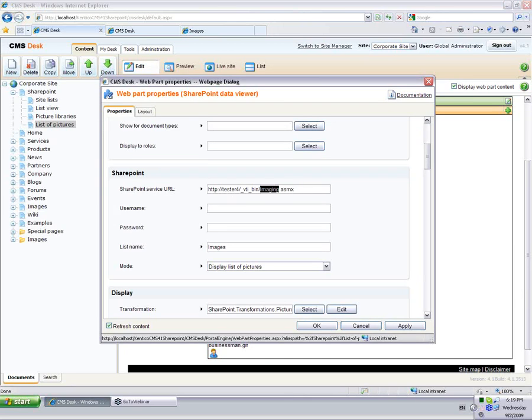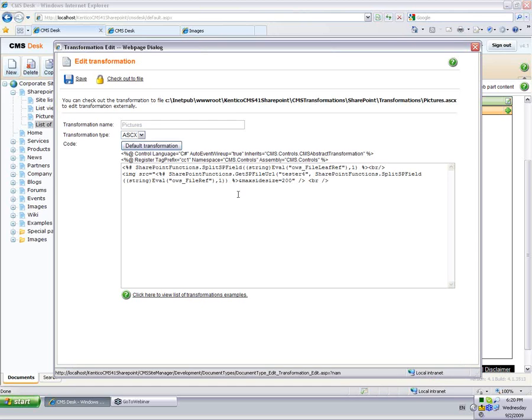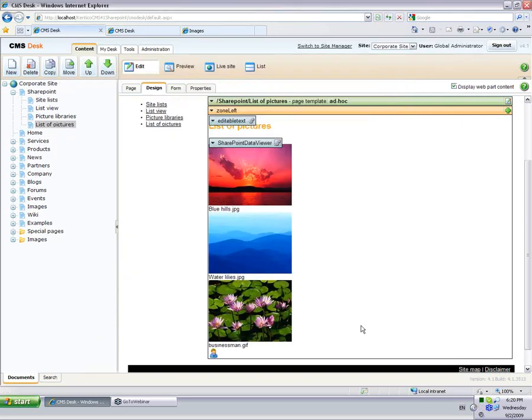again we are using the imaging web service. We are using the images library or list, and we are displaying the list of pictures, again using some specific transformation, which at this point displays the image and the name of the image. You can see the predefined functions that can give you the image URL. If we look at the image URL,